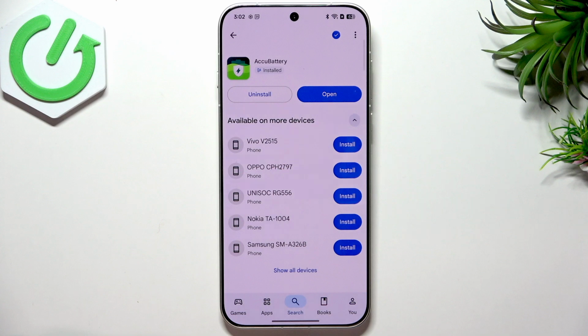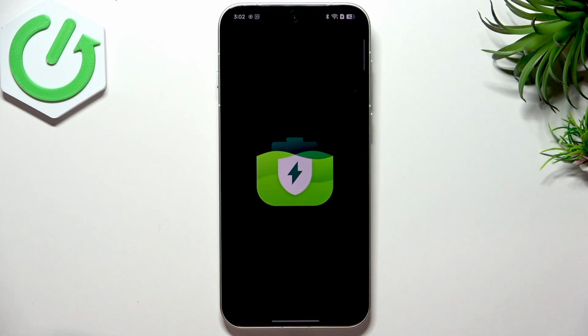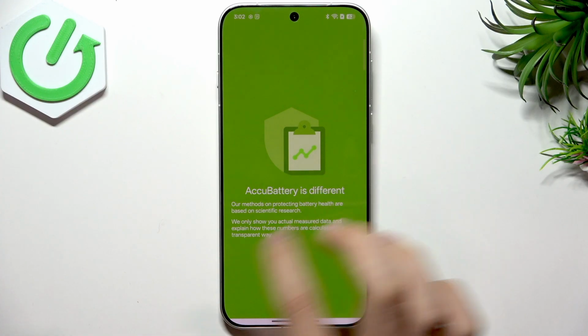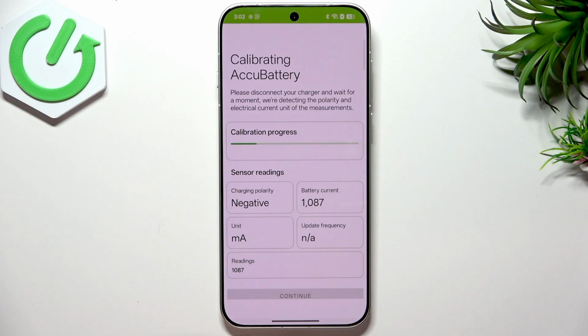And so now, this is a very common issue: AccuBattery is installed on the phone but not used. So now we have to swipe from this and wait for a moment for calibration. What I want you to do is use your phone normally for a week, maybe a shorter period of time. It depends on you and your preferences, but I recommend one week,